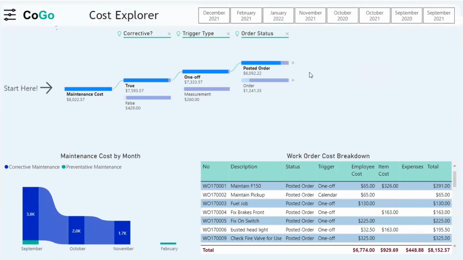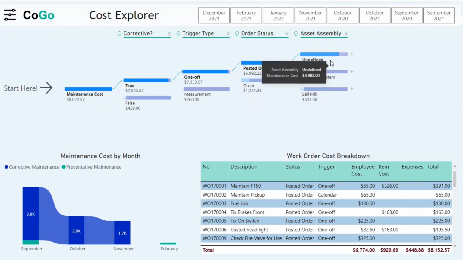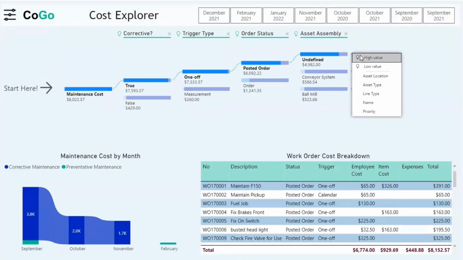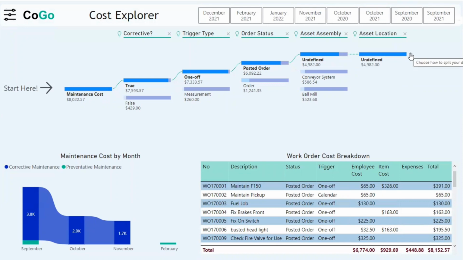We can keep on going into it and see what assets specifically we are spending the money on. Was it our conveyor system, our ball mill? Was it something undefined? And if we go one more layer into the detail, we can see what locations these assets were actually at. So it allows you to dig in analytically to every single detail, from your overall